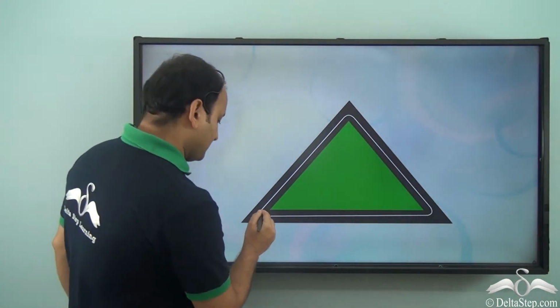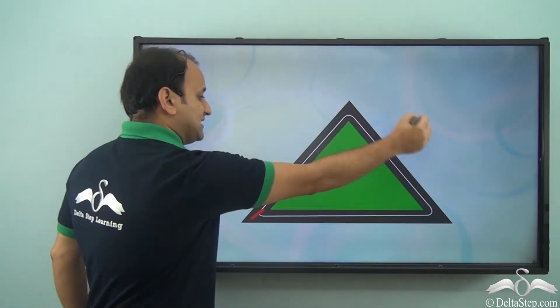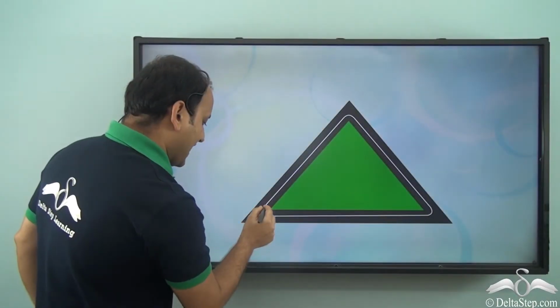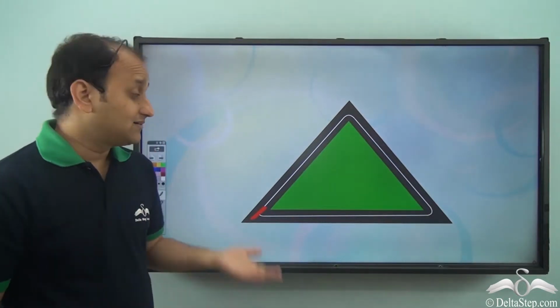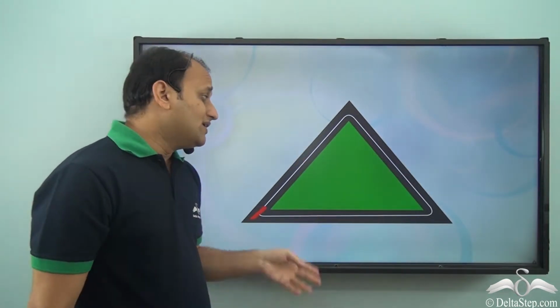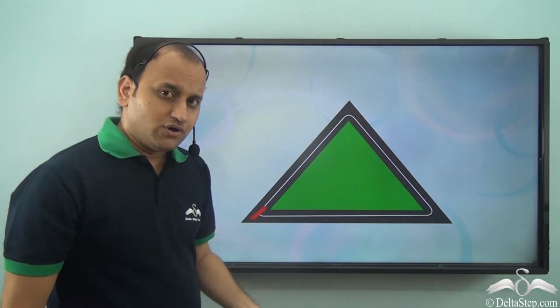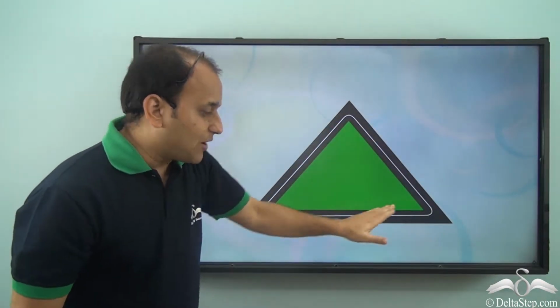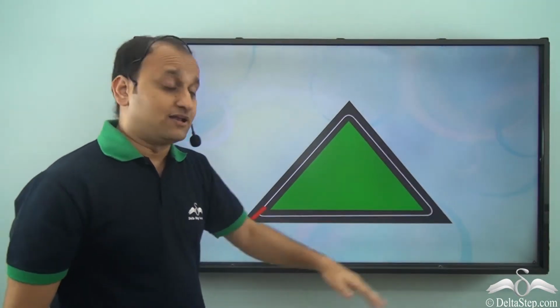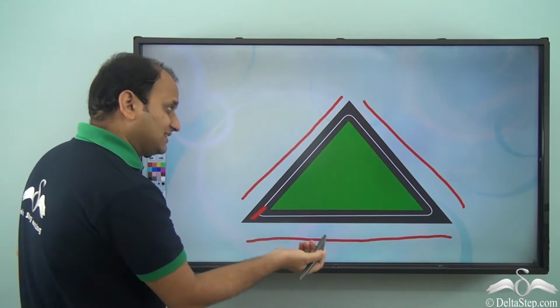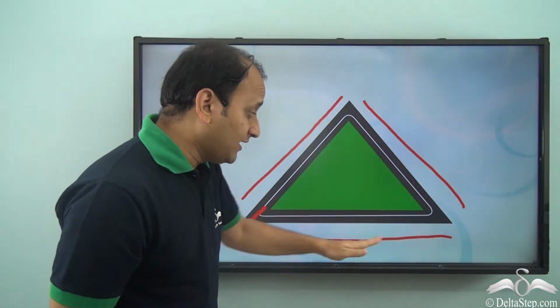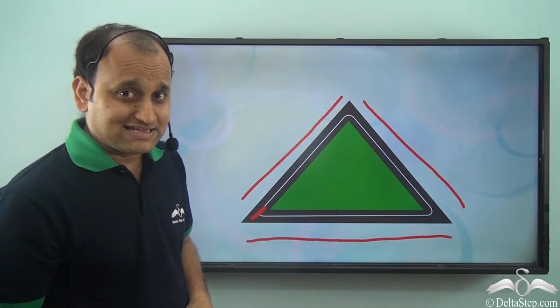Well, if he starts from here and he completes one full round and ends here, then how much distance is he running? How can we calculate that? Well, for that he needs to calculate the perimeter of this particular park. Now this park is a triangular park. So basically we are talking about the perimeter of this triangle. So if he adds up the distance of all these sides, then that will be the total distance which he will be running to complete one round, isn't it?